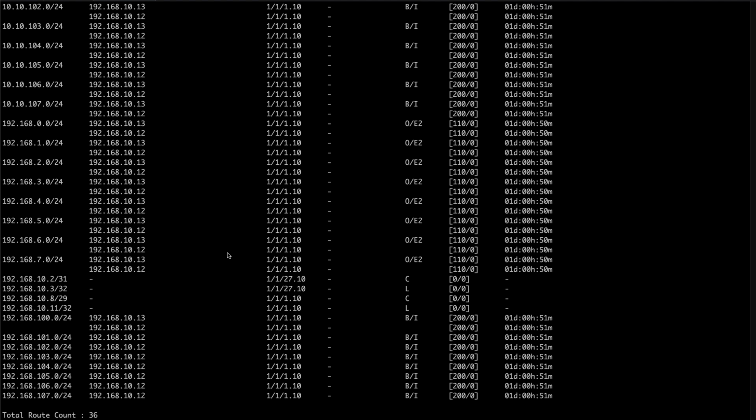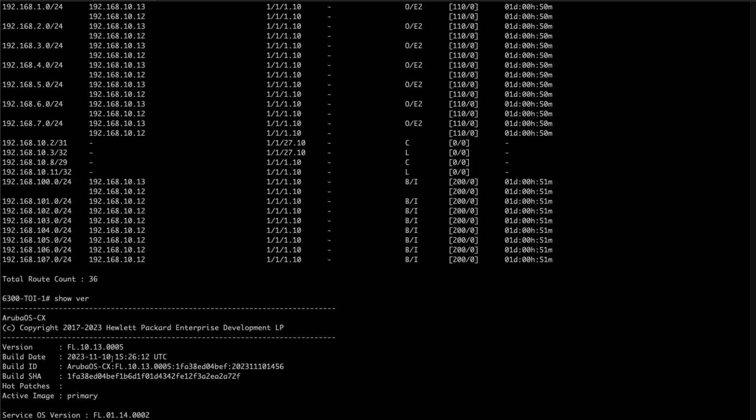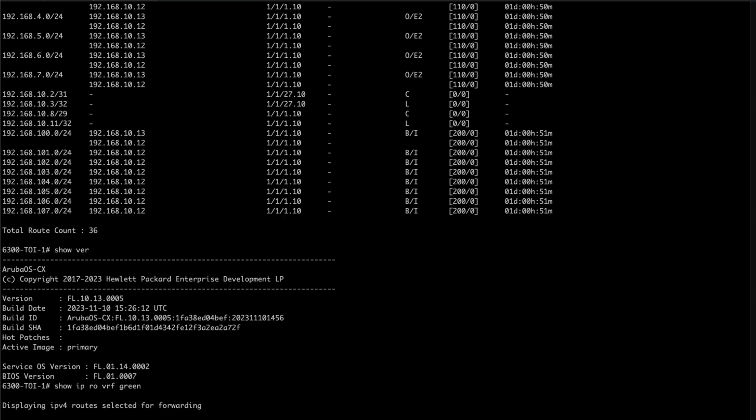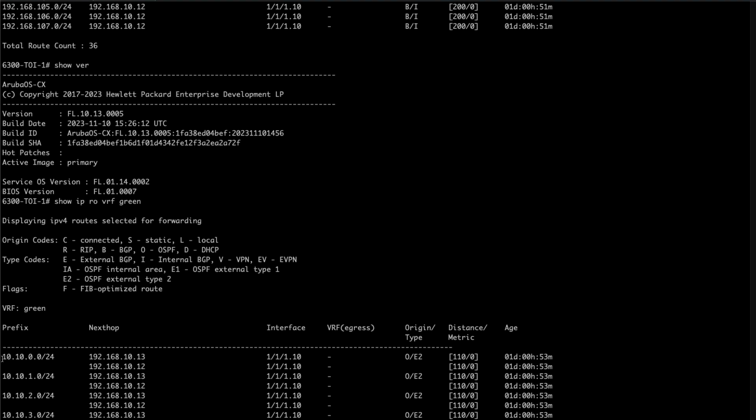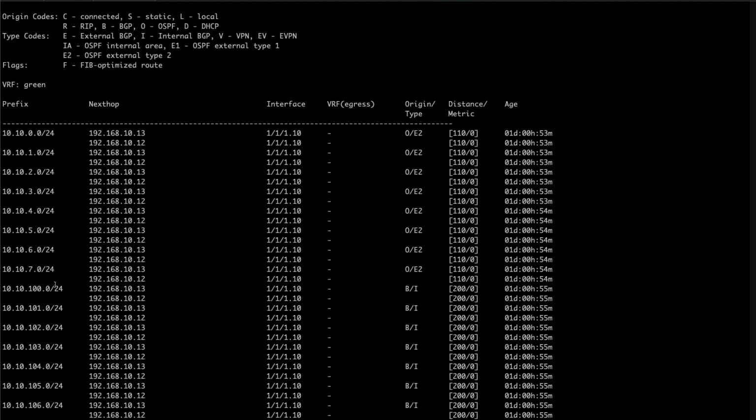We are connected to 6300s running the latest 10.13.5 release. If you remember, we have received a couple of routes from Ixia in the green and red VRF. So we just do a show IP routes VRF. Let's start with green. You see I receive some 10.10.0. So this one I want to link to my